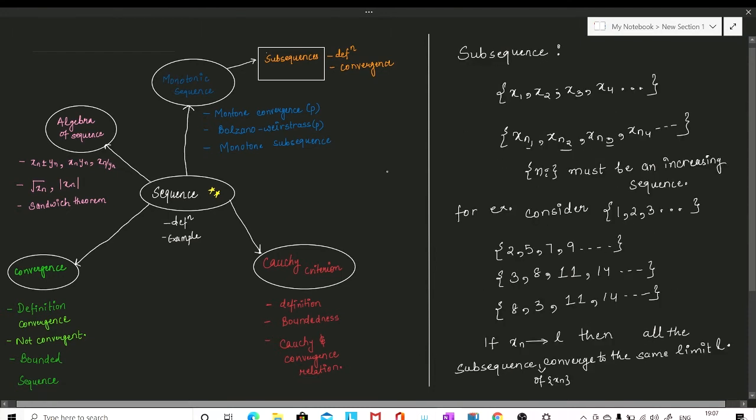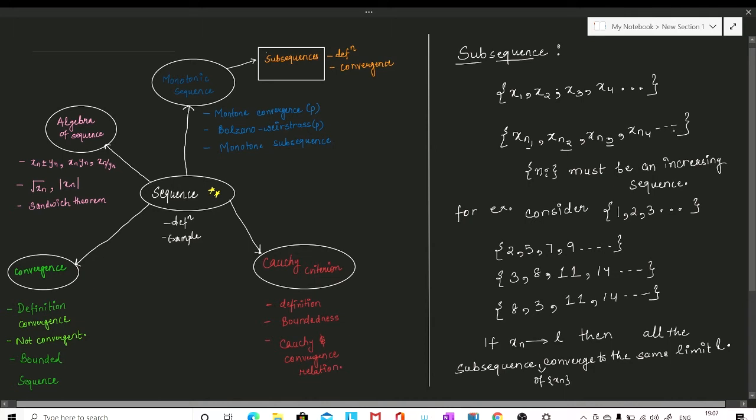Okay, now we come on to the topic of subsequence, which is a very intuitive topic. As the name suggests, a subsequence is going to be a part of a sequence. So how do you find a subsequence? Say, consider this sequence x1, x2, x3, x4 and so on. You randomly pick terms from this sequence. So you pick xn1, xn2, xn3, xn4 and construct a new sequence. But the catch here is that ni must be an increasing sequence in order for xn1, xn2, xn3 to